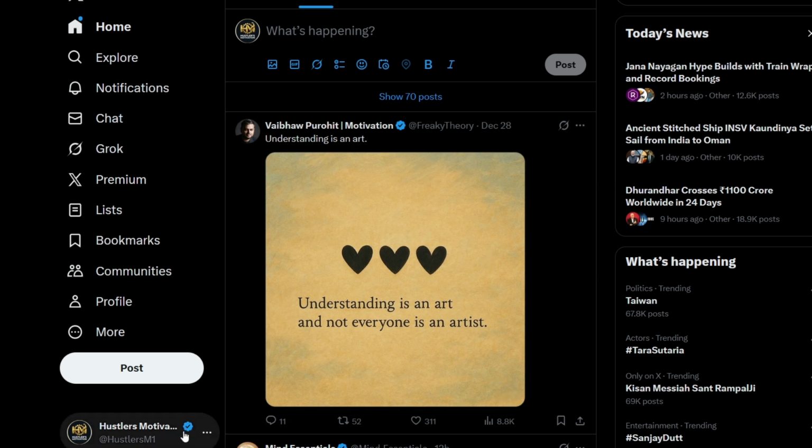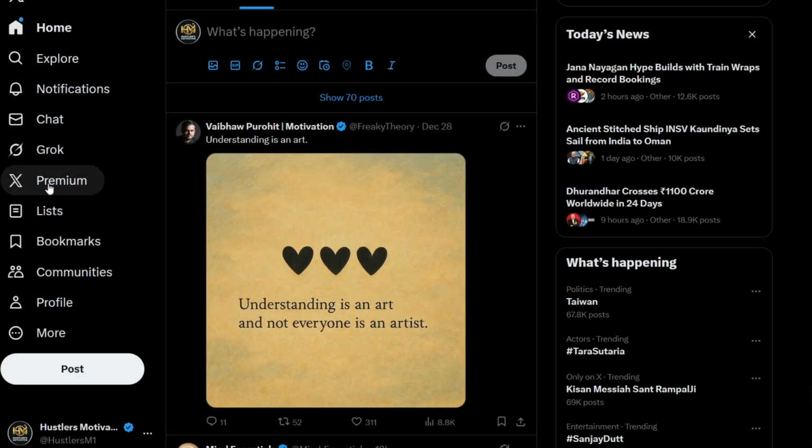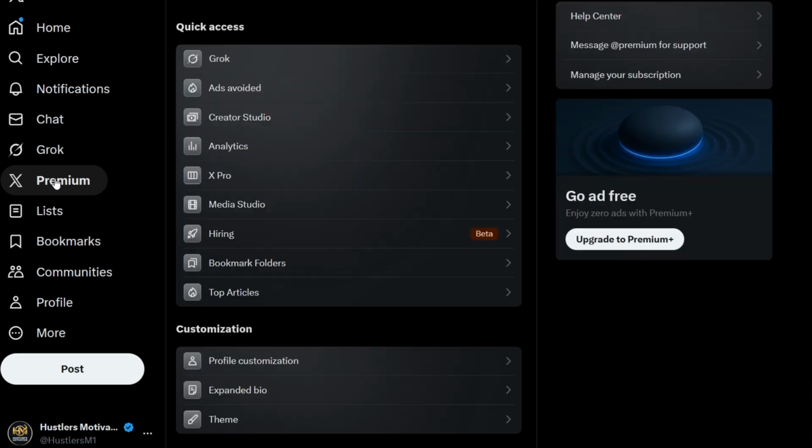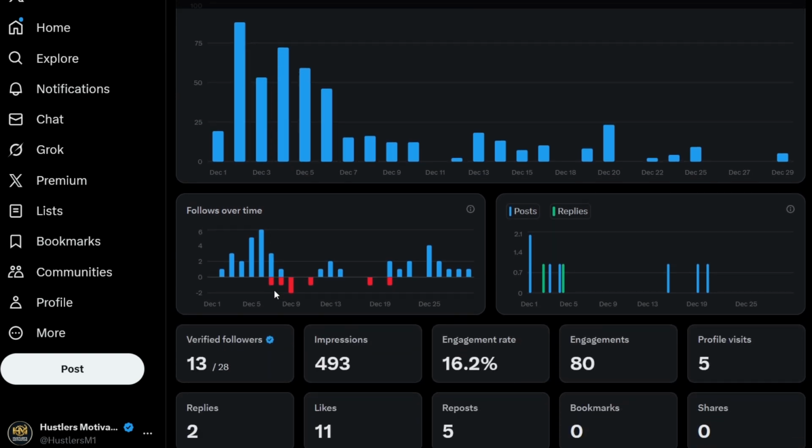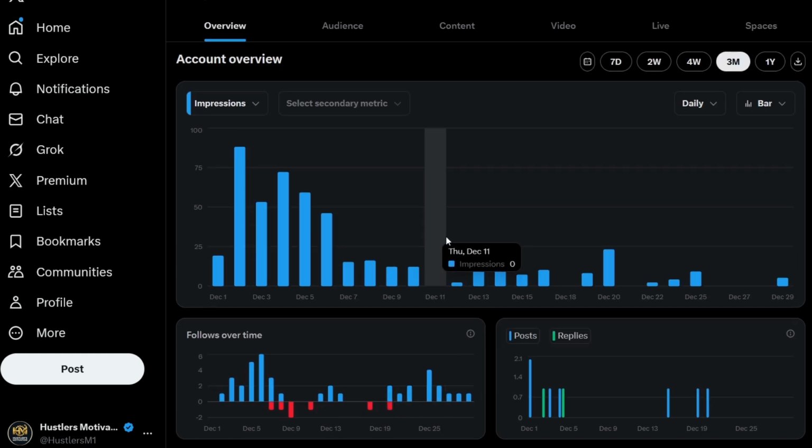Here I'm having a premium account. As you can see, I'm having a blue tick over here, and here to the left we'll be having the premium option. Click it, and under premium here we are having analytics. Select this. So this will give us basically all the impressions, the number of followers, the number of replies that we have made, the number of times we have posted, every single minute detail